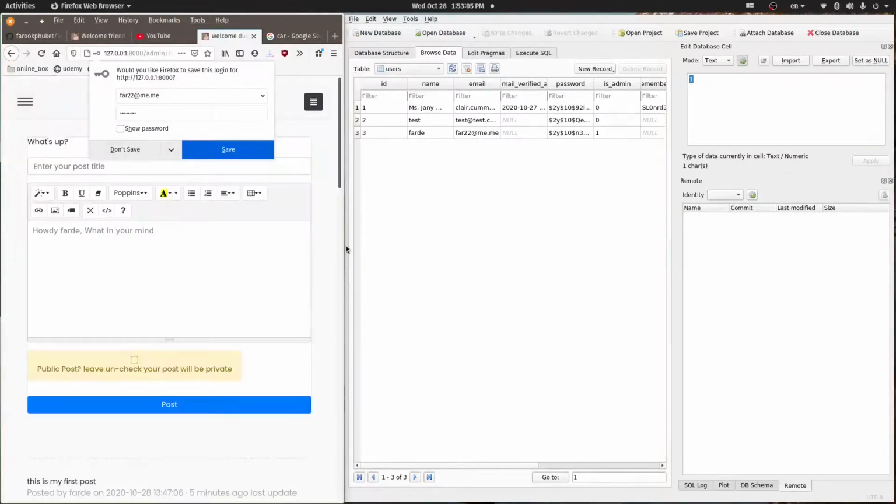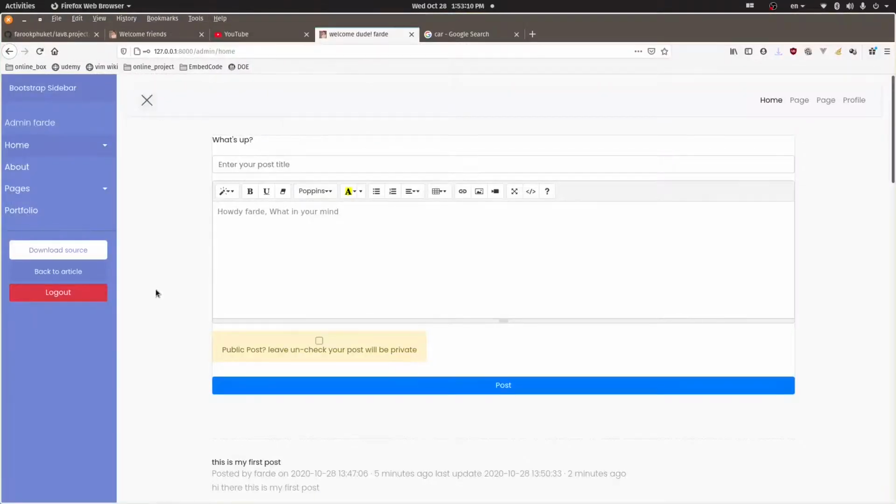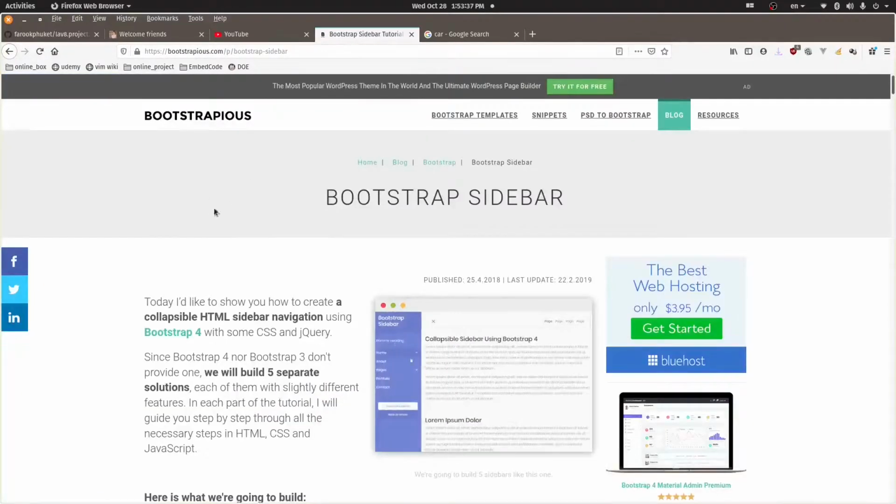Okay, you can see that it's a little bit changed now. My window is already changed. See, this is the admin page. This one is a free template. You guys can download it. They provide it from the website. You guys can get it. It's right here where I downloaded it.